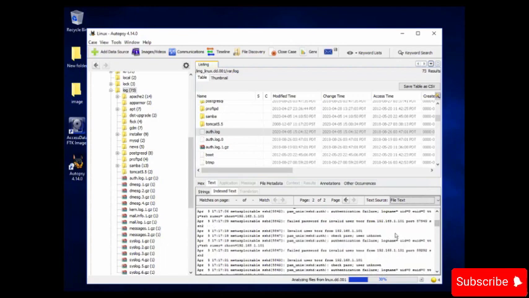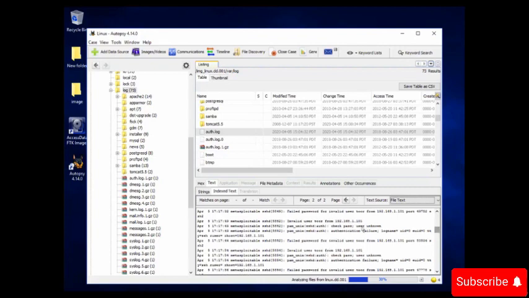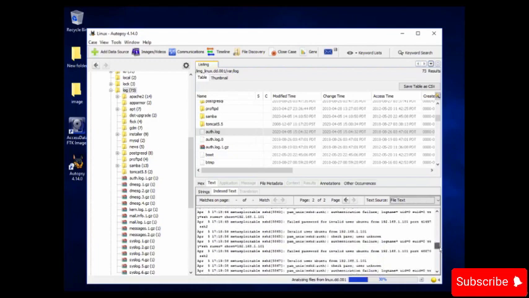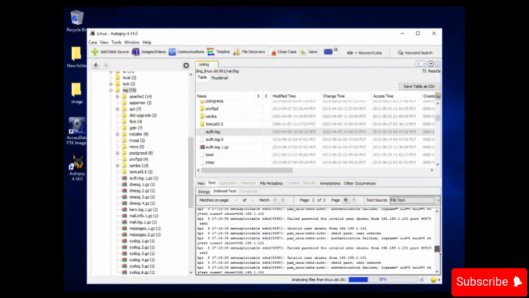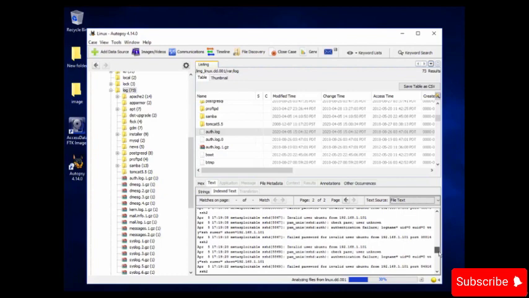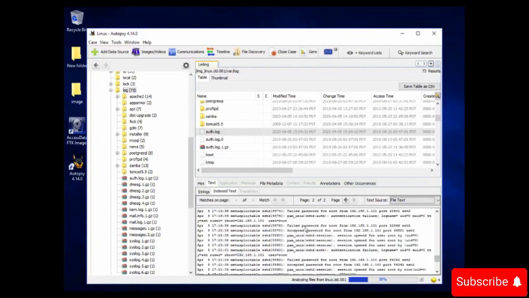Here you can see that many attempts were made to log in with the Ubuntu user or TWR user. You can see it says authentication failure. So someone has tried to crack the root password as well. UID 0 is for root, then failed password for invalid user, that is TWR, reverse of root. So you can read the logs. Again, authentication failure, invalid user. So many attempts were made. It looks like someone has tried a brute force attack. And you can see it says failed password for root.